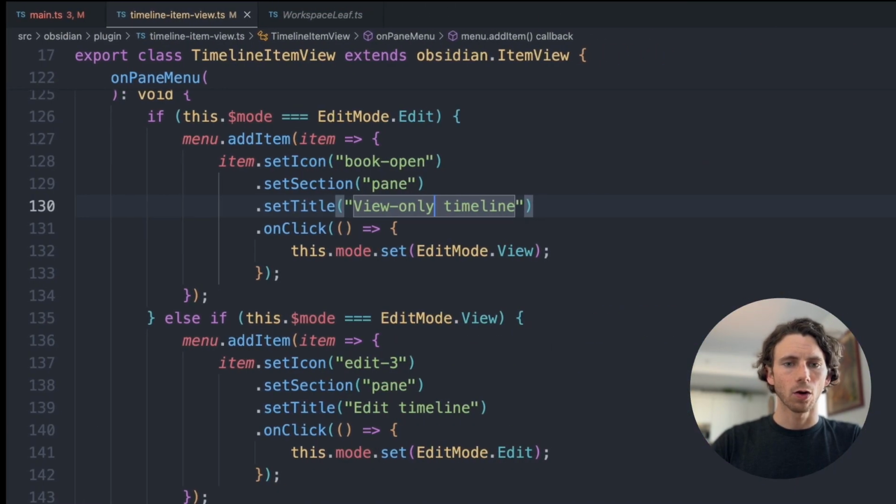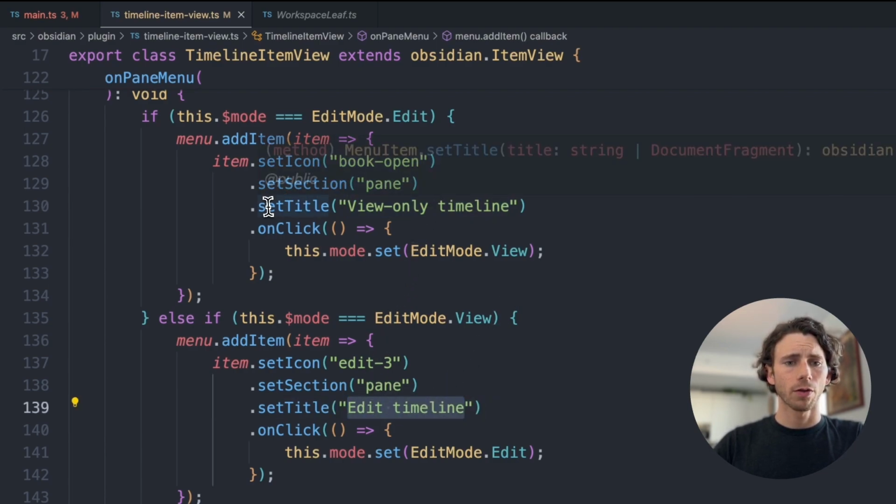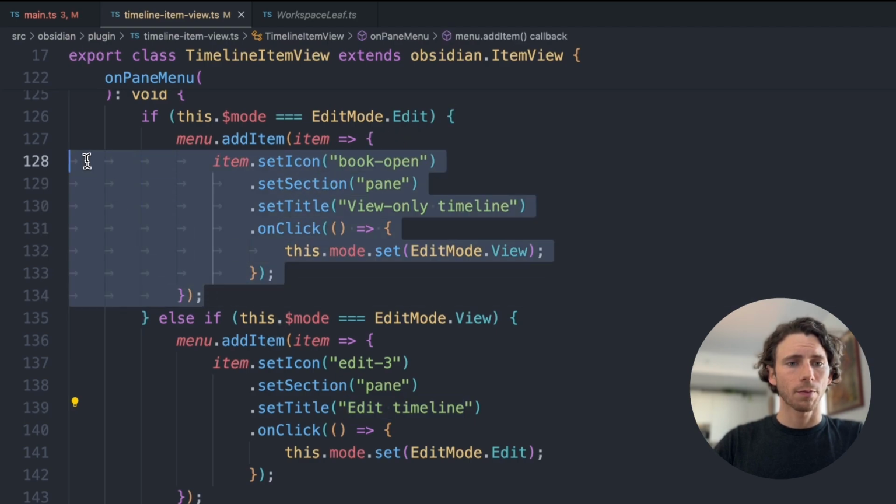So switching back over to the code, we can see that that first menu item, view only timeline, actually works as a toggle. It switches between view only timeline and edit timeline. For toggles, while this is totally fine, an alternative would be to have a separate menu item,